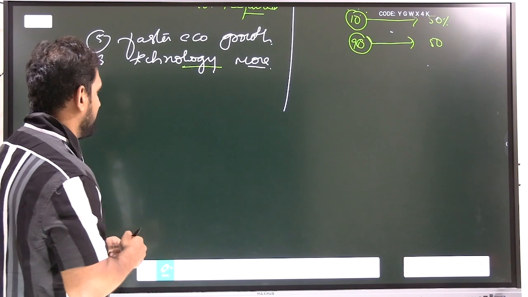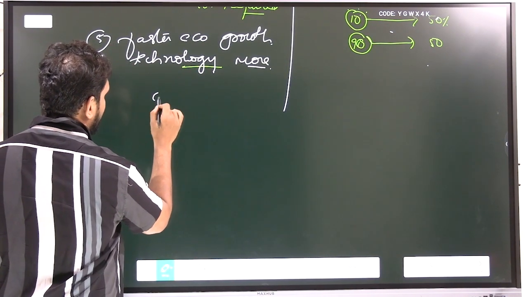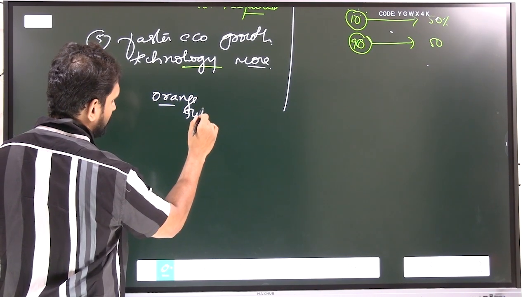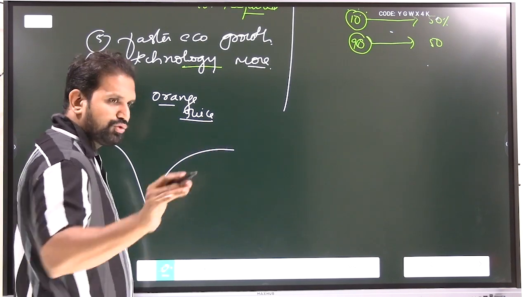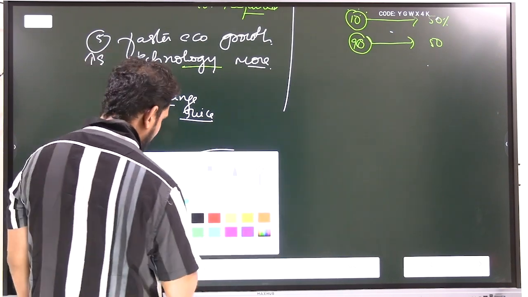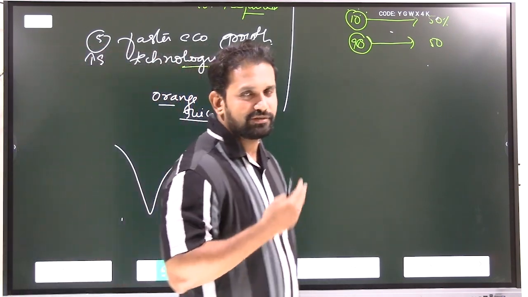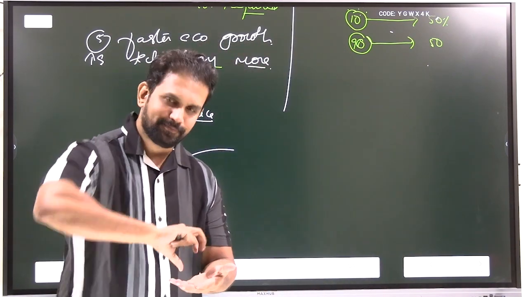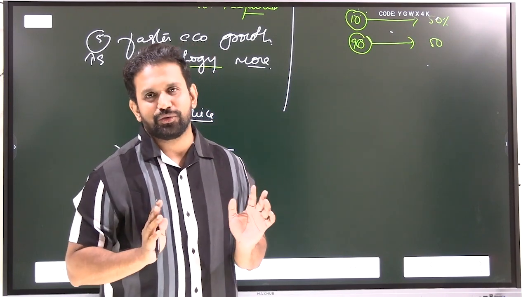Now just imagine a point here. Once upon a time we used to make orange juice. Let us suppose in India we are all making orange juice only. I am not a fan of orange juice, but that is the example I have just got. Once upon a time the orange juice was made like this. You and me, every Indian is making orange juice at that time.